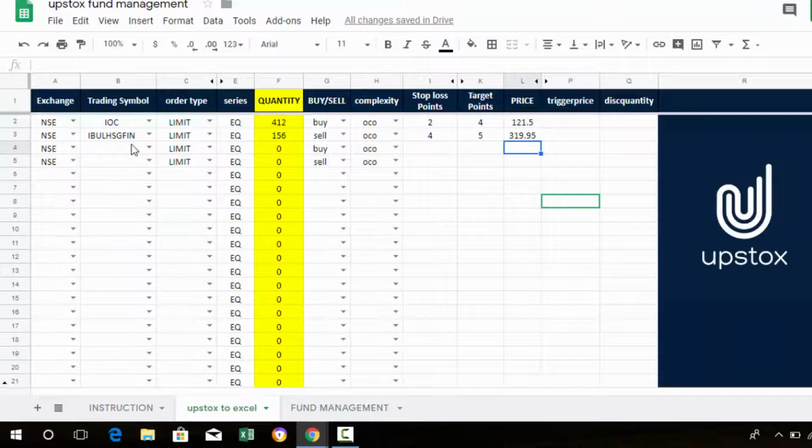One more example I will show you. Chola Finance. Okay, see the quantity is reducing.